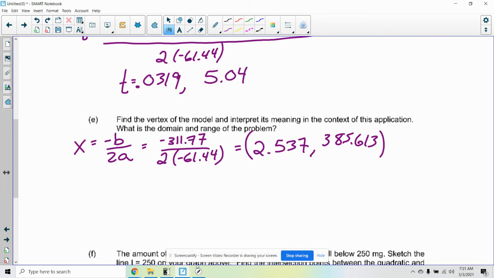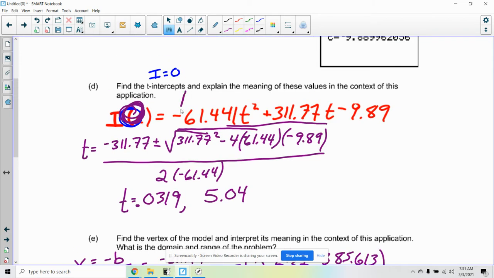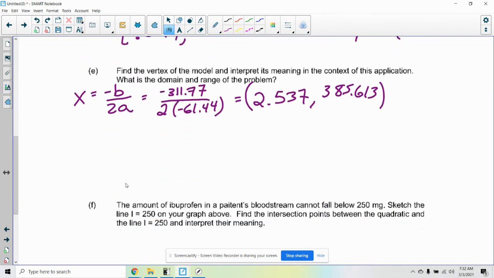Now, what does that mean in terms of the problem? Well, when you have a parabola or a quadratic, the sign of the a coefficient determines the direction in which my parabola opens. Your parabola can open up like a cup, or it can open down like a frown. Since this is negative, our parabola is opening down like a frown. So if it's opening like this, and this is the vertex, it's going to represent some maximum